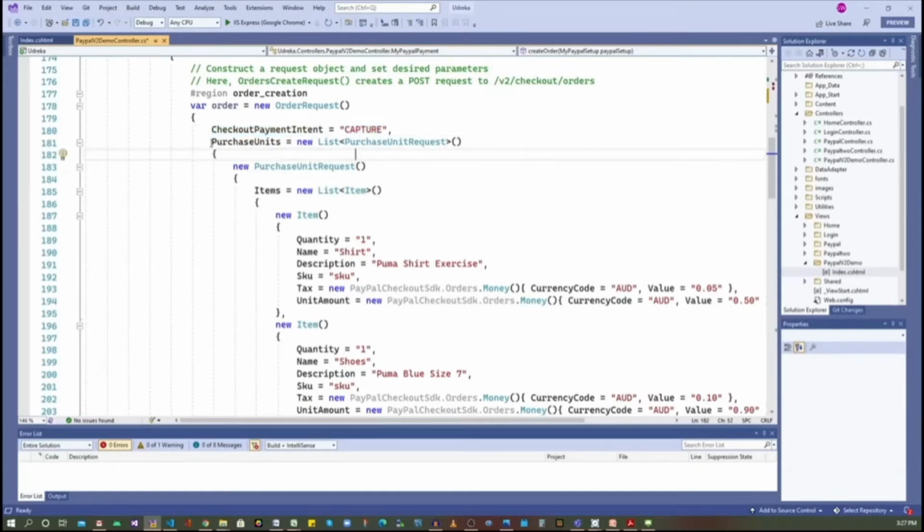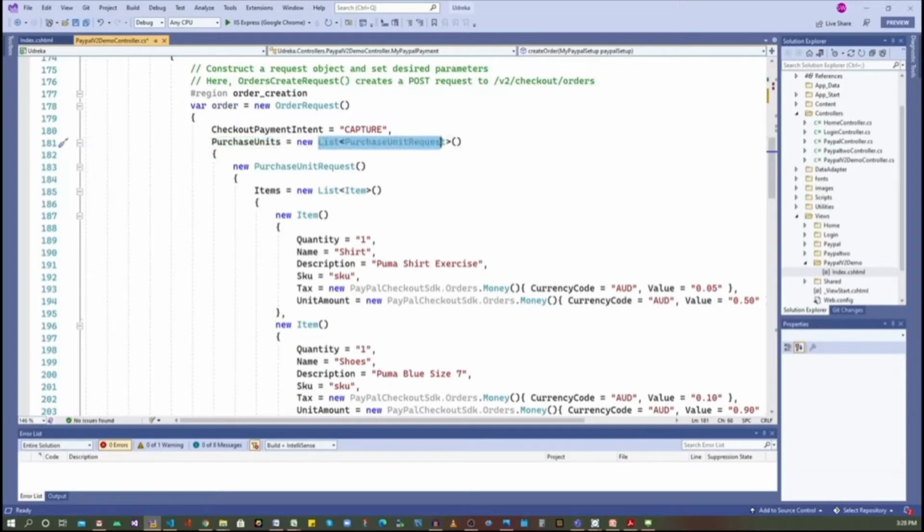And then you can assign purchase units. You can assign as many purchase units as you want. Over here in this tutorial, we are only assigning one purchase unit, but you can assign as many as you want. Just remember that if you are adding multiple purchase units, make sure you provide an ID for each unit. Otherwise, PayPal will throw an error when you call the API.